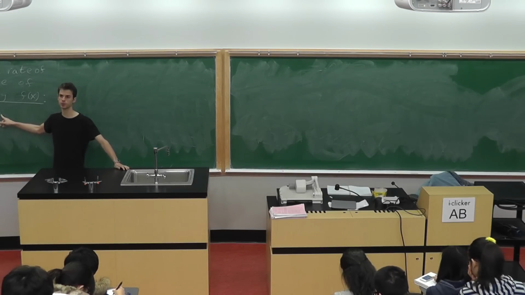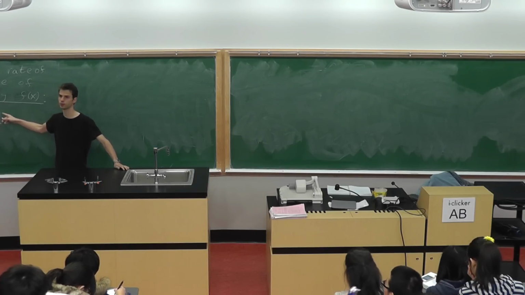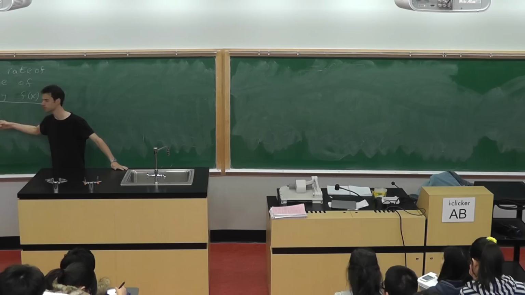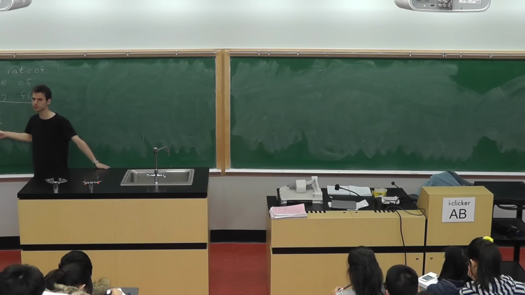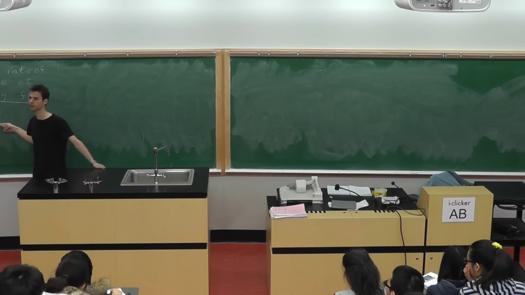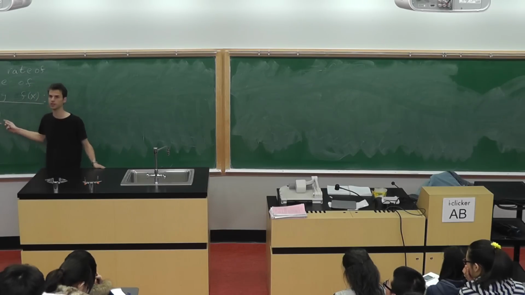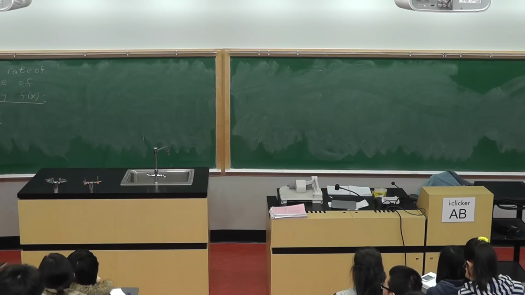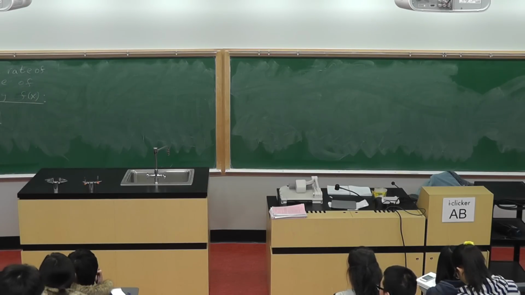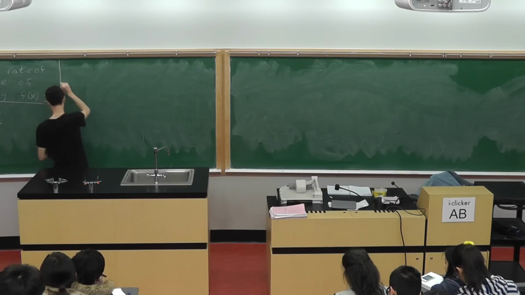So if f describes population in a country, and the population is 1 billion and it's growing at 500,000 people per year, the relative rate of change is 500,000 divided by 1 billion, which is 0.05%. So we have this.